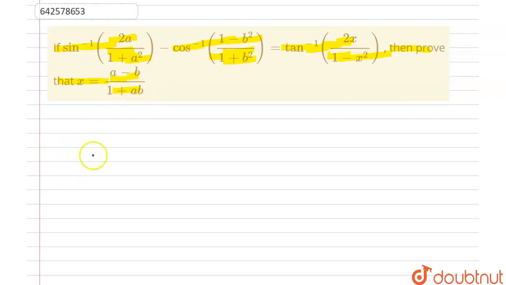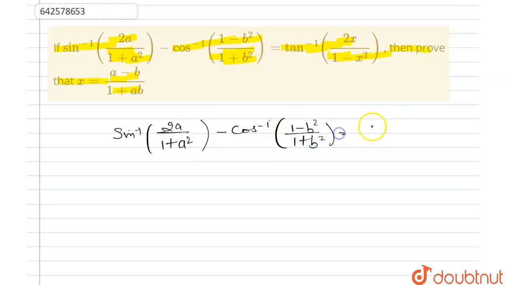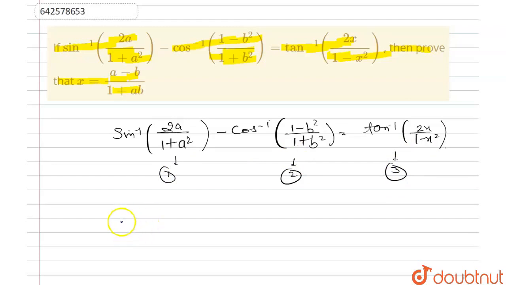So now we have given that sine inverse of 2a divided by 1 plus a square minus cos inverse of 1 minus b square divided by 1 plus b square is equal to tan inverse of 2x divided by 1 minus x square. Now this is our first function, second function, and third function. So we can write each in the simplest form. Our first function is sine inverse of